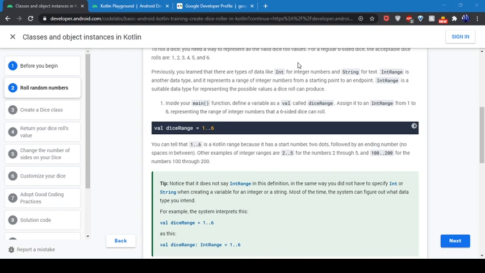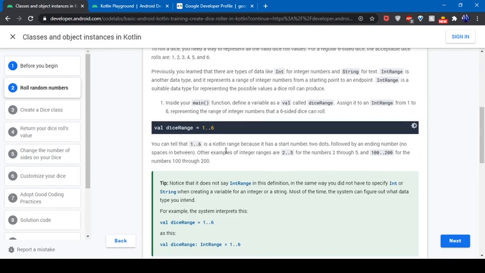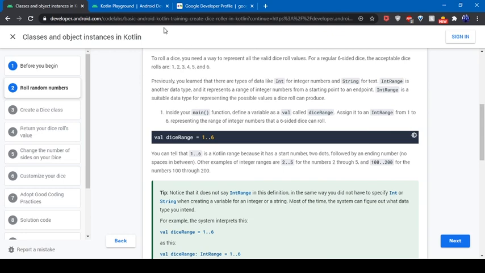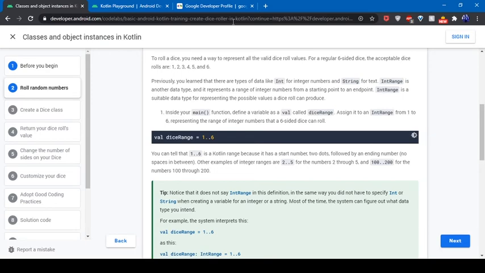So it's the same concept across the board. Actually, once you've learned one programming language, it's all about just changing the syntax as you go on. Okay, so we are going to declare a variable called dice range in our main function here. And then we are going to give that dice range a value of